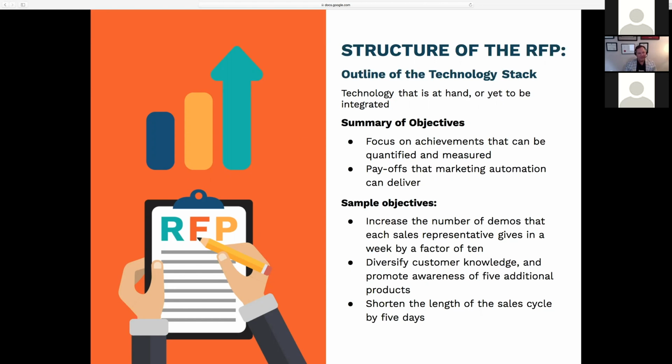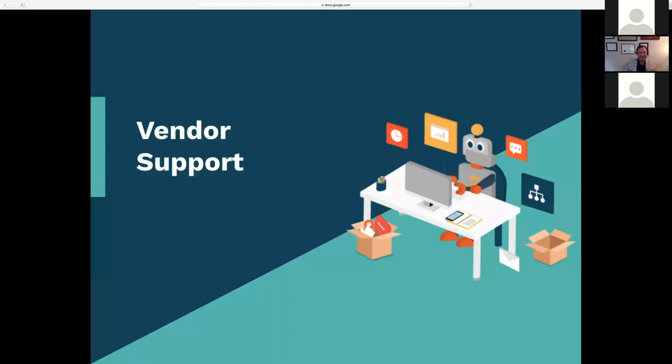So, a sample objective is increasing the number of demos we give every week, or diversifying customer knowledge, or shortening the length of the sales cycle by 5 days. All achievable and all things that are worth considering. But if you don't have these really specific options, then it's really hard to give a specific answer to what you're looking for, right? Another thing that's worth considering is vendor support,